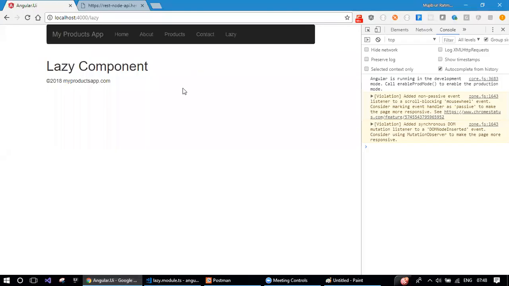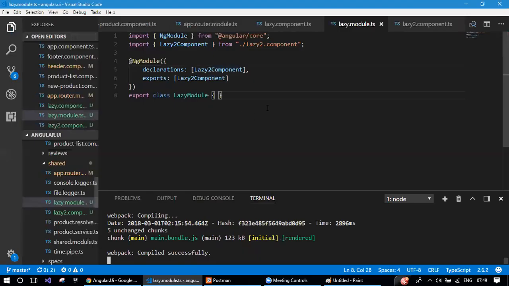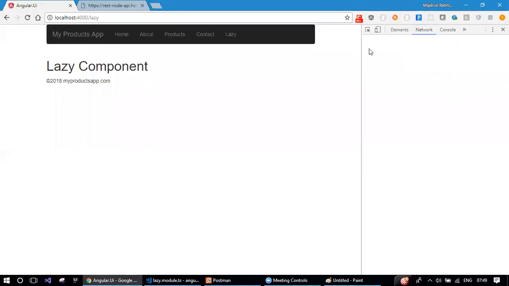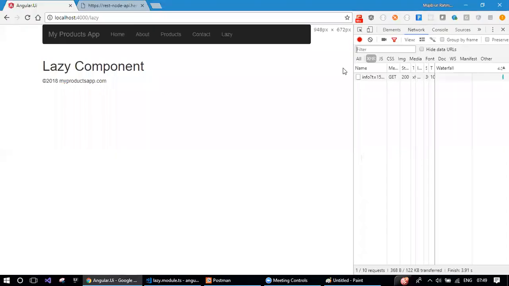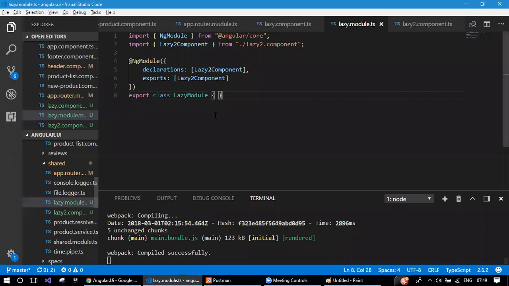Now the concept is, when I go to this URL, I want to load that lazy module. I don't want to load it straight away. It doesn't have any dependencies. This lazy module is not loaded. So make sure you are on the network tab to see that file. And I'll go to my